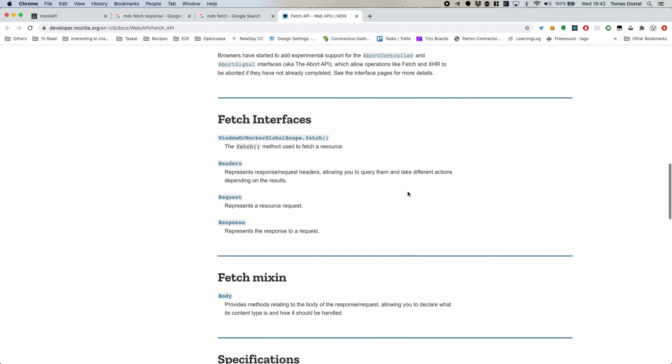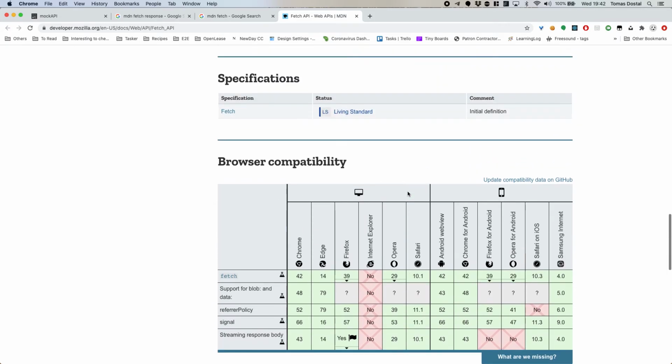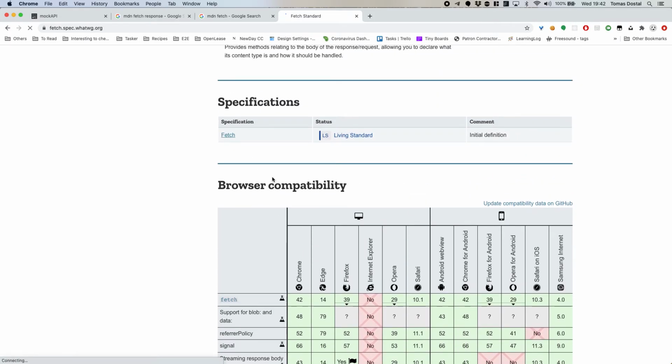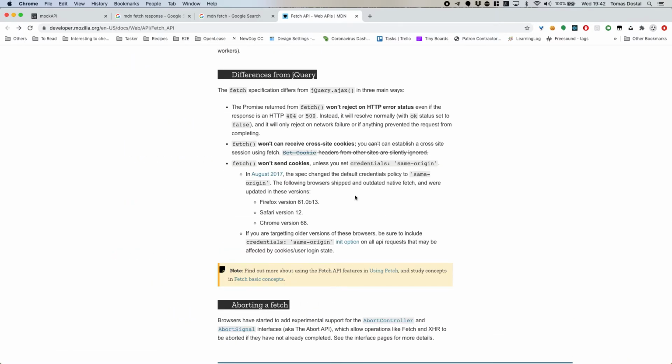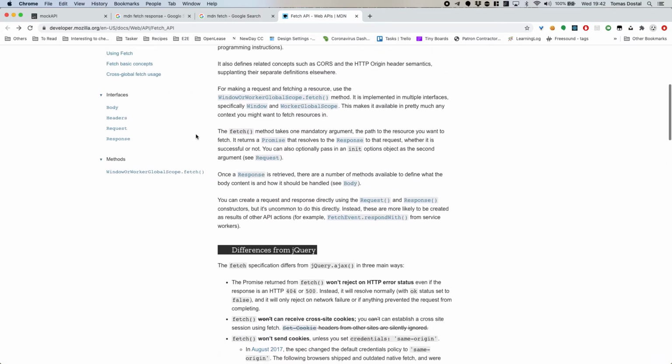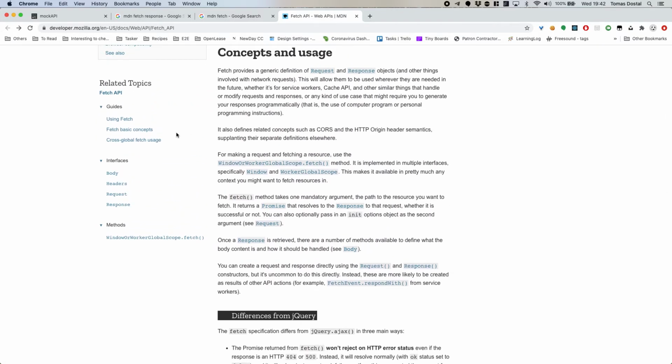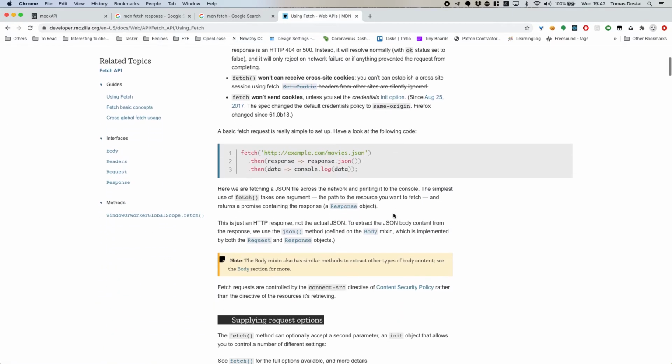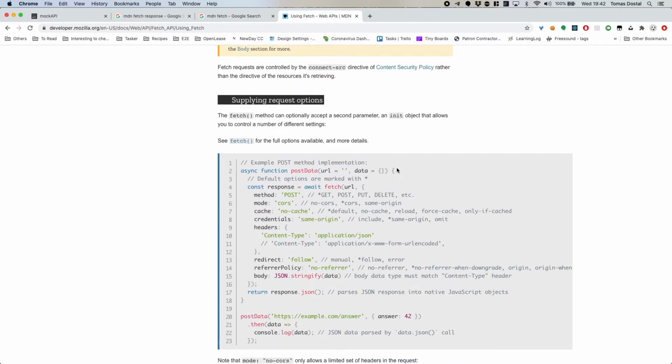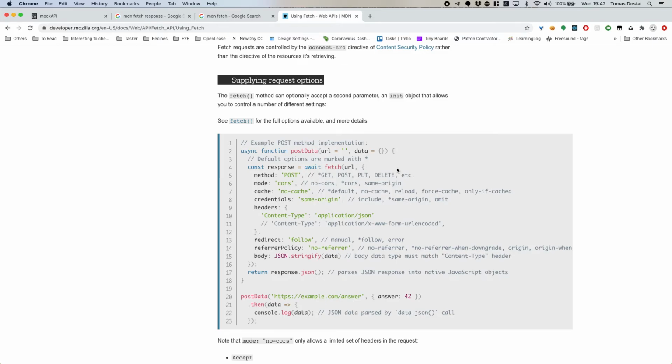Right, so in here somewhere, oh, that's the specification. So there will be somewhere documented everything that you can do with it. Using fetch. Right, so this is the thing that you kind of know. You do a fetch from a URL, and then you can process the data. Okay, so now you can obviously all these options are there, but you just need to think about which one you want.